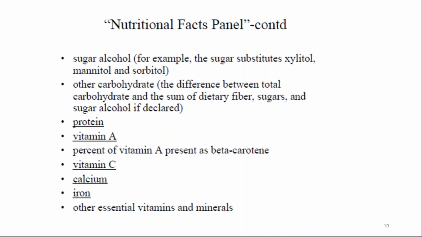Carbohydrate is generally given by difference. Protein is estimated by the Kjeldahl method and then multiplied by 6.25. Vitamin A is estimated. Vitamin C will be estimated. If calcium is given, calcium will be estimated. Iron and all the other essential vitamins as well. The nutritional fact panel will not contain numbers which are not determined experimentally. It is expected that all the nutritional information on the panel has to be analyzed, and these should be